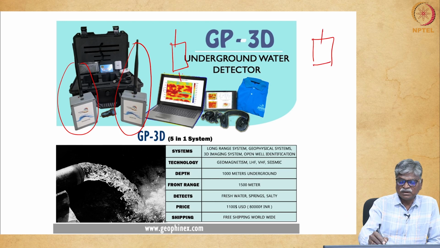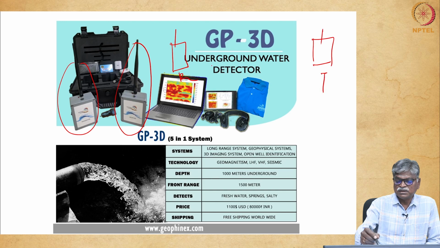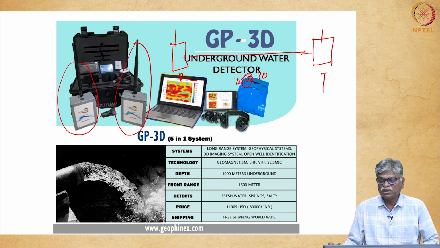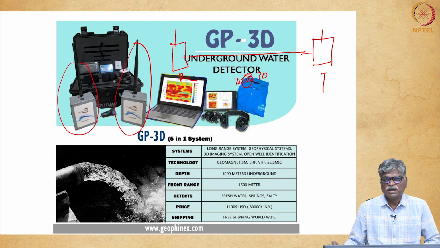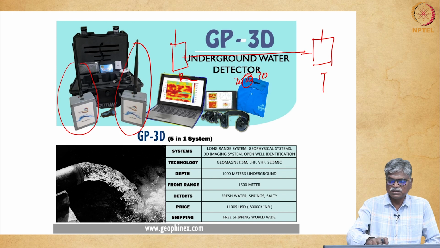It is the receiver, it is the transmitter. One receiver and one transmitter should be kept far away. Far away means you put it 30 meters, or 20 meters, or whatever you like, whatever information is required, whatever your area is, accordingly we can put it. If you keep less distance, the accuracy is more. If you put 30 meters, then